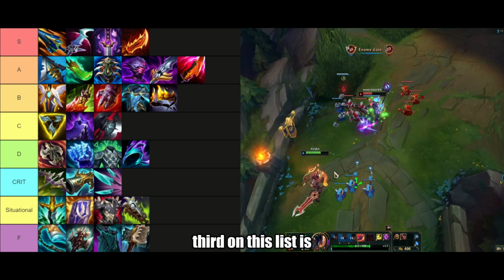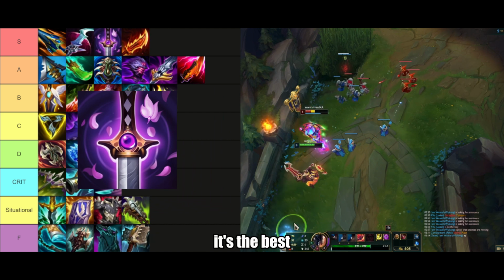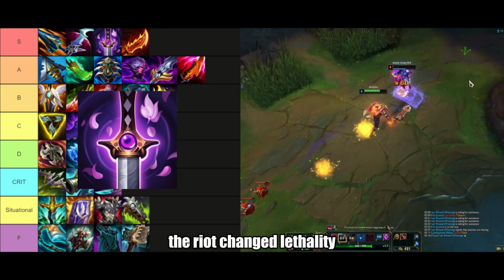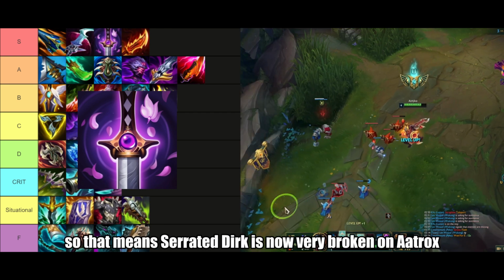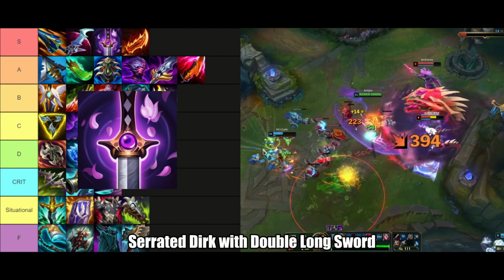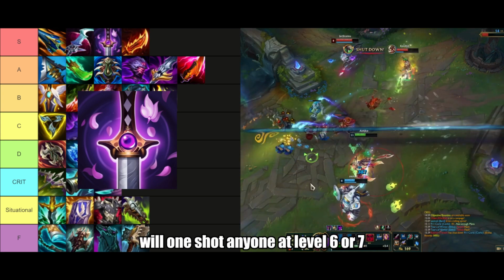Third on this list is Youmuu's. This item again is underrated on Aatrox. It's best for players that know the limits of Aatrox. If you didn't know, Riot changed lethality. Now you get the full lethality value on buy. So that means Serrated Dirk is now very broken on Aatrox. And if you know the limits of Aatrox, Serrated Dirk with double Long Sword or Long Sword and D-Blade will one-shot anyone at